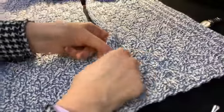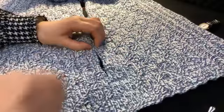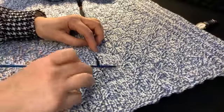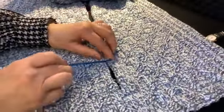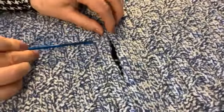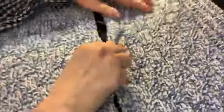So this is definitely where you want to get your pins or something to just hold it as you stitch it. And what I did was I just eyeballed where this garter check pattern is. I know you can put little tags along if you really want to, or stitch markers, but if I know that bit of knit stitch there matches up with that one, I'm good. So just eyeball that as you go along. I would then put my bamboo pin in there, and then I go up a bit further